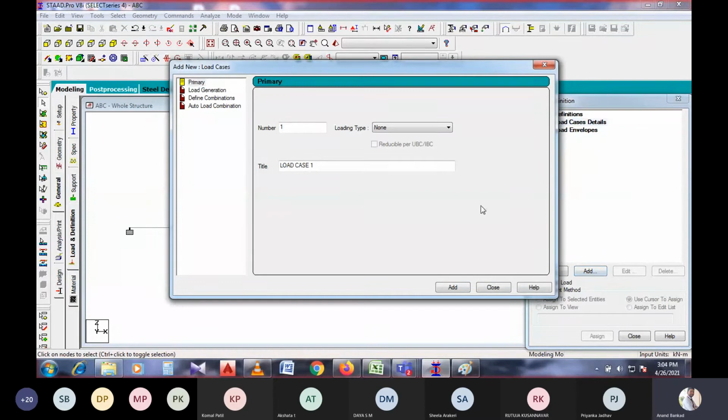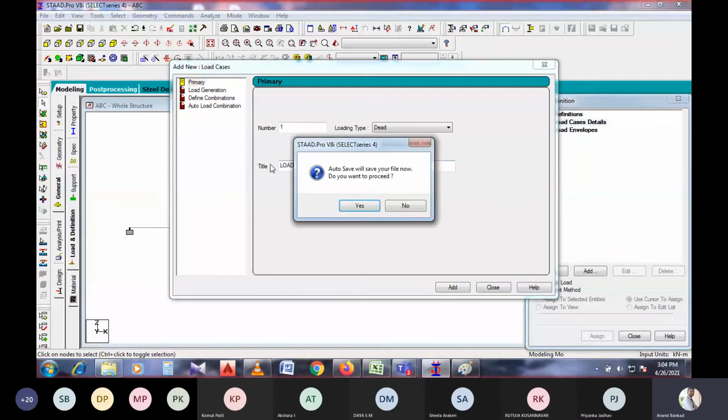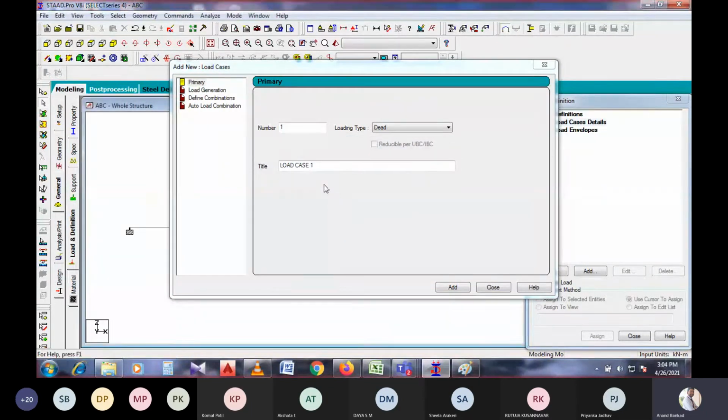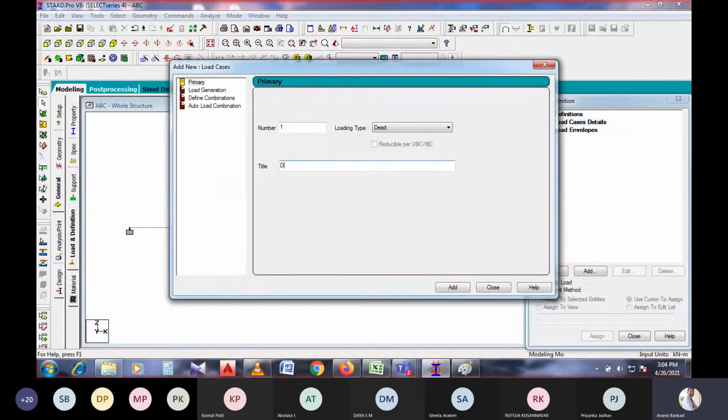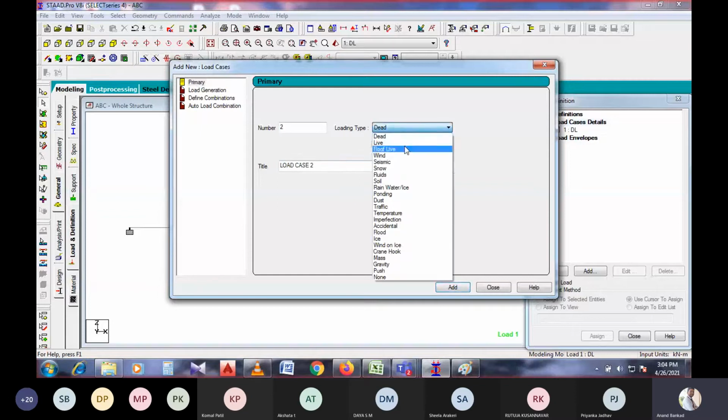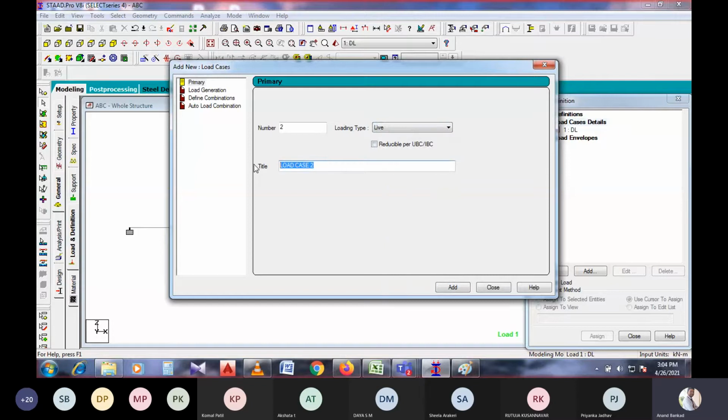So at the initial case, what are you going to add, what type of loads are going to act on the member? I will consider a dead load, right?